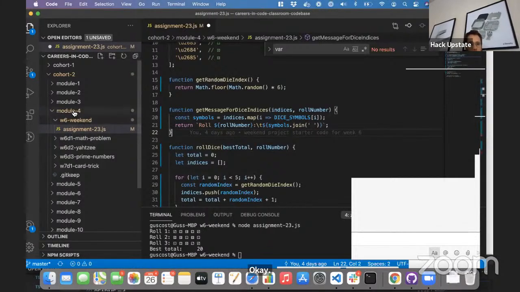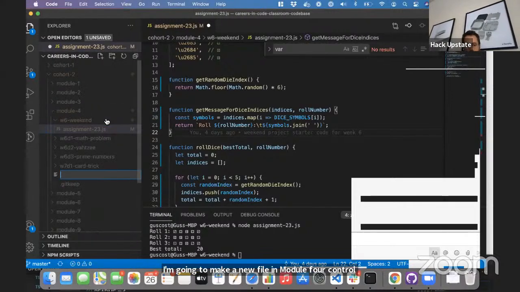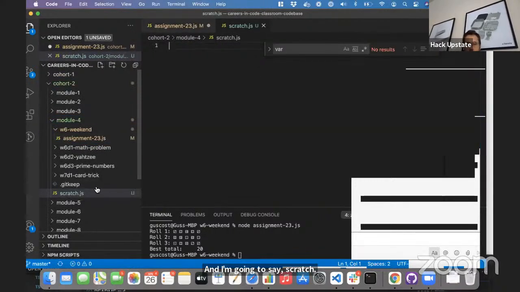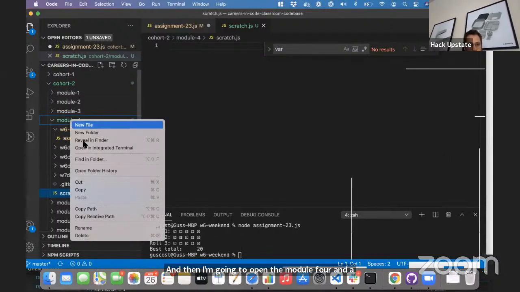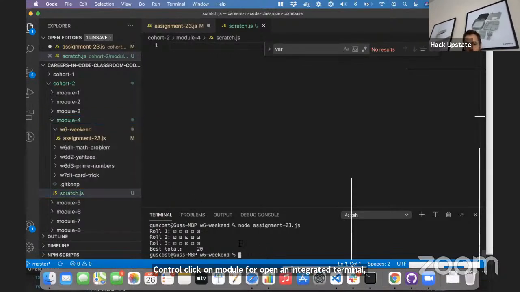I'm going to make a new file in module 4. Control click, new file, and I'm going to say scratch.js. I like naming a file scratch because it's just where you put code that I'm running during class. And then I'm going to open module 4 in a terminal. Now I could Control click on module 4, open an integrated terminal, but I'm going to do it the real way this time. I'm in the W6 weekend folder,